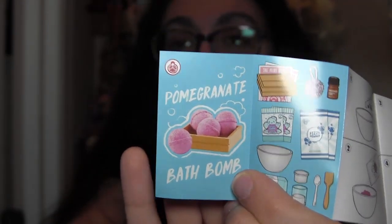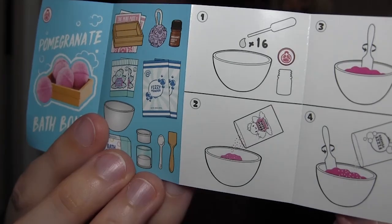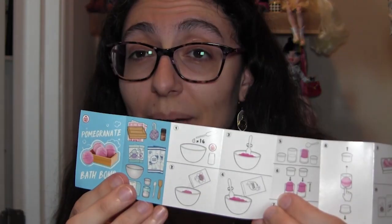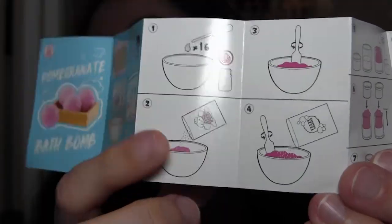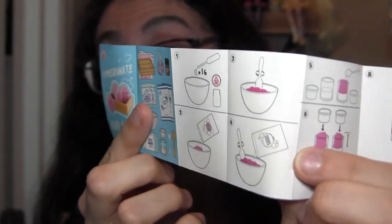Okay, so apparently the collector's guide is telling us we got the pomegranate scented one, which is probably actually the scent that I am the least interested in. But it shows you all the items that you'll need to assemble it. So first of all, 16 drops of water. Oh no, 16 drops of the pomegranate scent. Then you put in the bath powder, you stir it up, and then you add in the fizzing powder, and